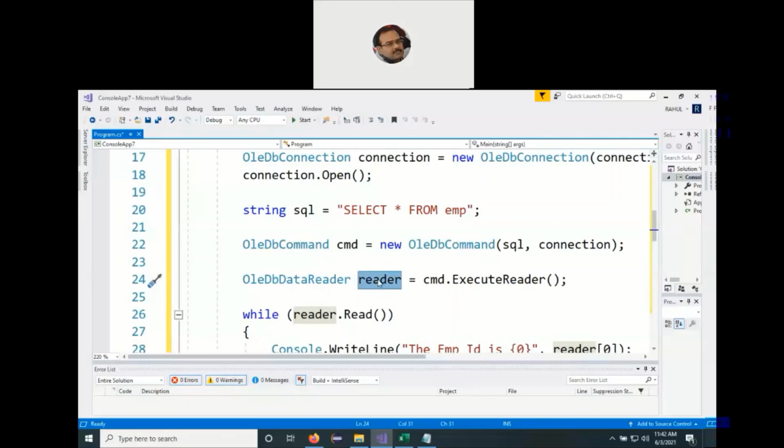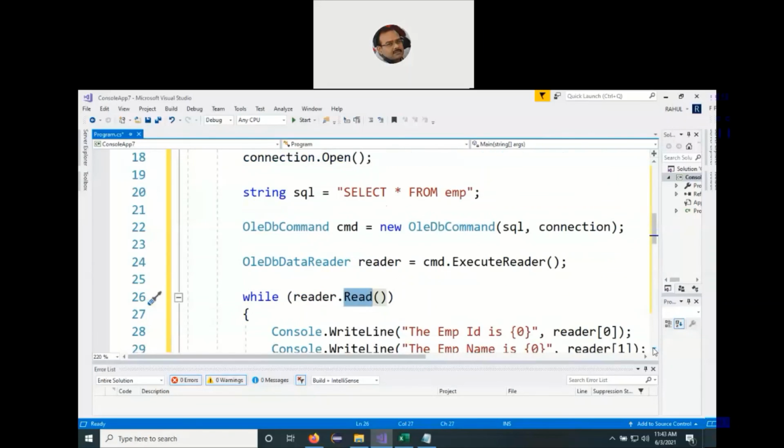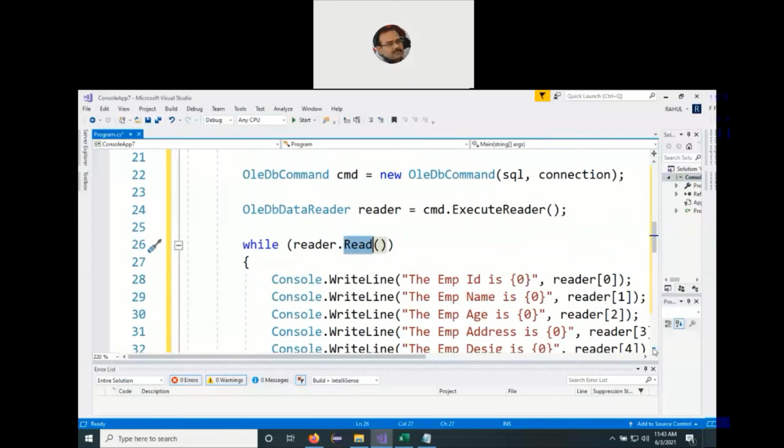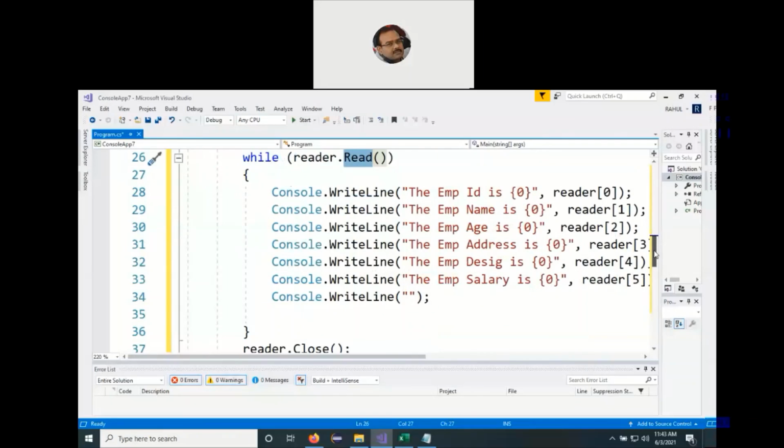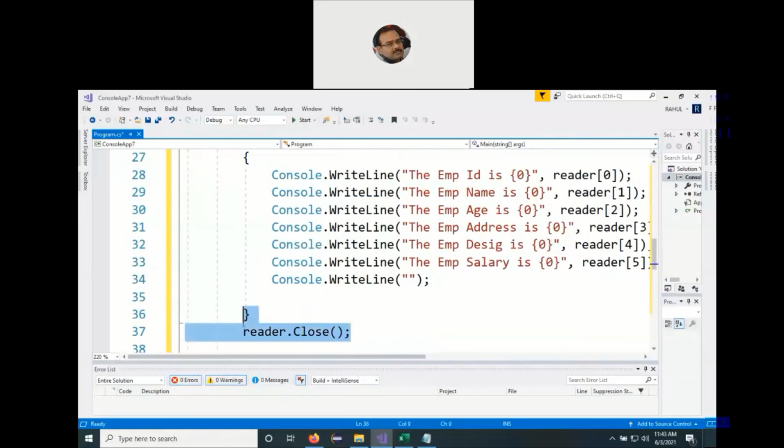So in the RAM, a cache will be created, a small buffer space, and the records will be archived there. Now as a programmer, we need to fetch the records which are archived in the reader. For that, we make a call to the Read function associated with the OleDbDataReader. It will keep on fetching, and how long will it keep on fetching? As long as it returns the value true. We can see it returns the Boolean type, true or false. So as long as there are records in the container, it will keep on fetching one by one. And the moment it encounters null, the while loop terminates, and then we close down the reader.